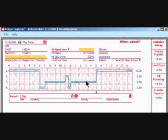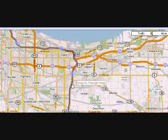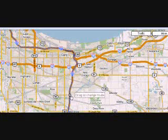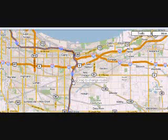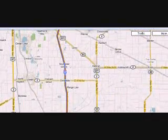You should not log it as this. You should log it the smart way. Find the closest truck stop to where the slowdown happened, or the accident, or the construction that slowed you down too much. As we said, look at your notebook and you'll find the location. Find the closest truck stop, and I know there's a truck stop right here at exit 240. There's a Pilot and a Flying J,